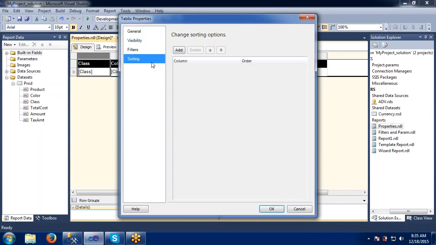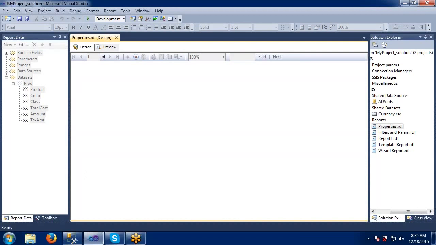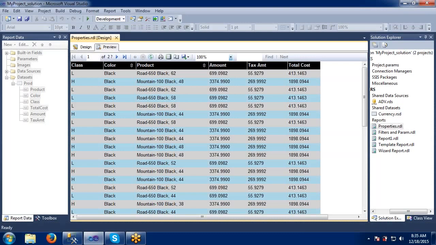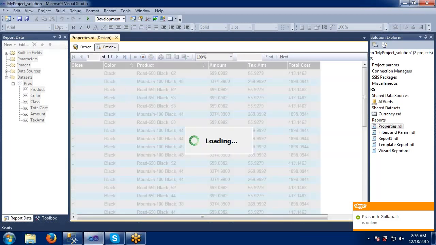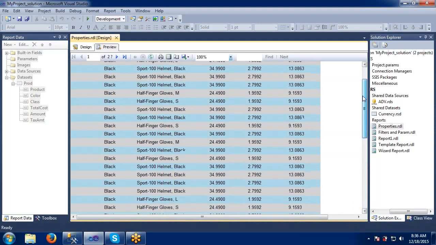If you want to sort based on a column, let's say I want to sort based on the color. These are common properties which are available at different levels, on the text box, on group properties and the tablix. See, here it is now sorting based on this color. See, not applicable is coming as the first one. That's why it is blank here.